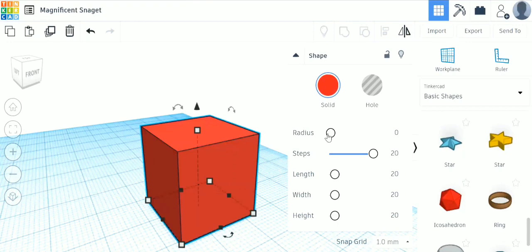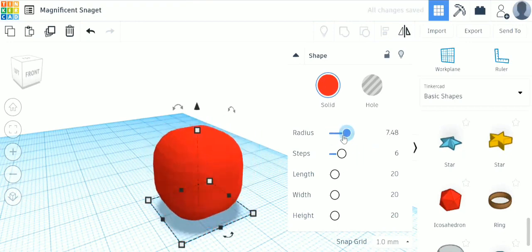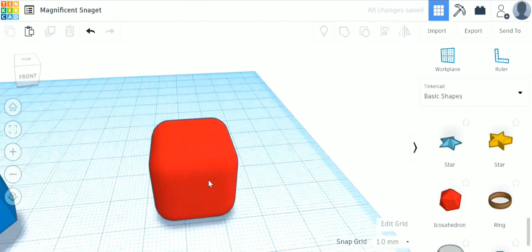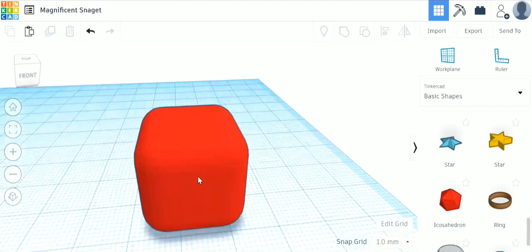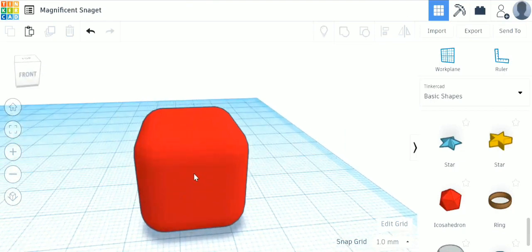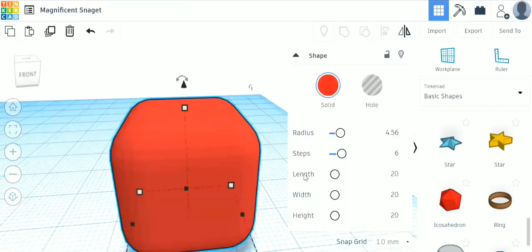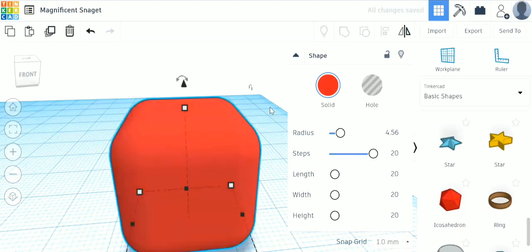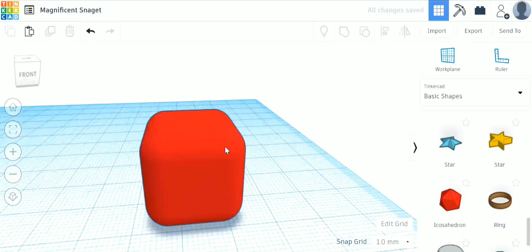But when we increase the radius, the box will end up looking like a dice, and the polygons are now also visible. Now we can increase the steps, and this will also end up giving a smooth surface.